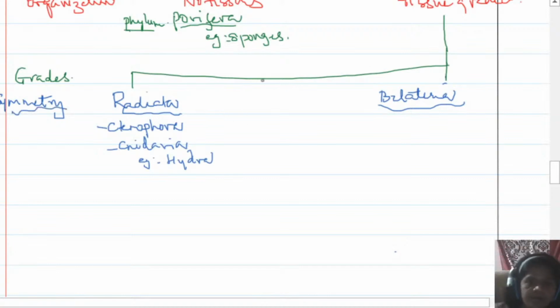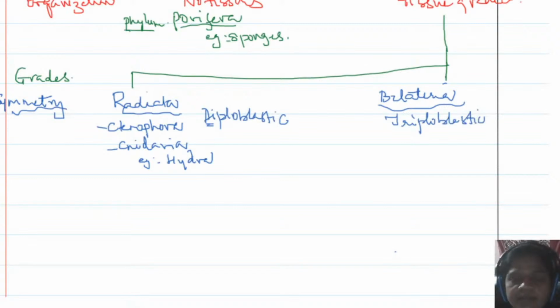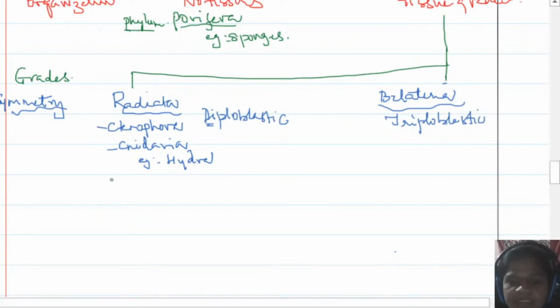That is how we are classifying or differentiating from kingdom all the way to phylum. So here we see bilateral symmetry. These are diploblastic animals, di meaning two. These are triploblastic. And diploblastic is where you have